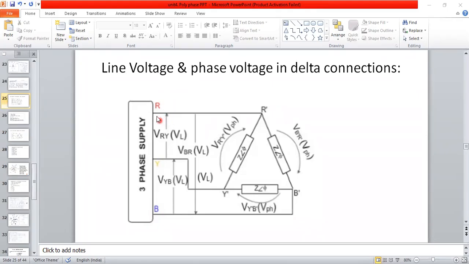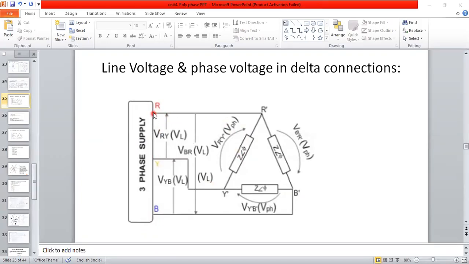Yes, sir. Okay. So from the supply side, R will start from R. We should come back to the Y here now. R is the starting point, Y is the destination here now. So the voltage between this is the line voltage VRY. What is the phase voltage between this one? I will start from R, here Y is there. Sorry, B point is connected here now. So you should not consider this one here now. Don't consider the current. We have to consider this one as one closed loop here now. R to Y, one closed loop here now.